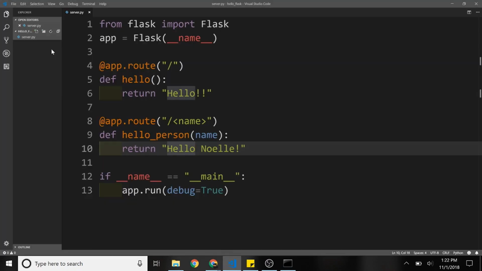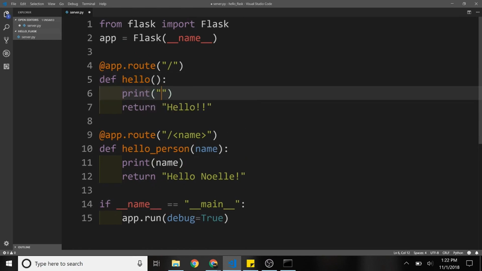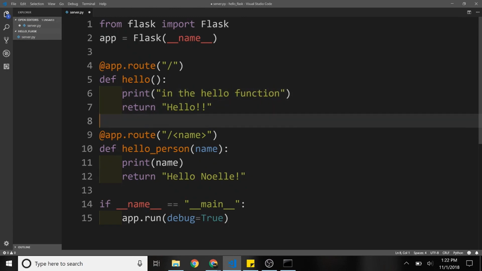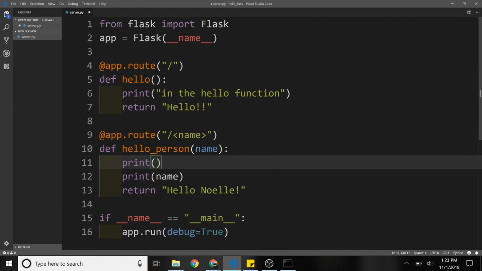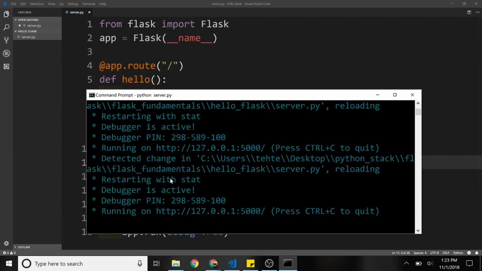It's also always saying hello Noel because I have that here. So let's see what this name actually is. So one thing to remember too is print statements are going to be really helpful as we go through this. For example, you can use them as messages to help you know where you are in your code. I can come down here and as we add more and more functions, this will become more useful. Help us see where we are. So we want to see this line and then maybe what comes in as name.